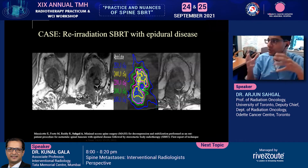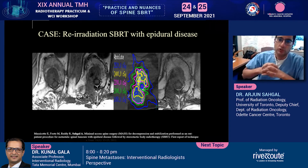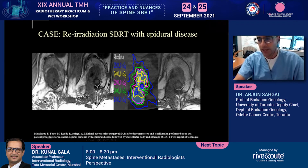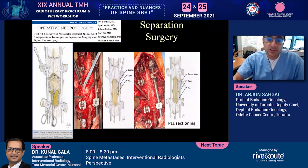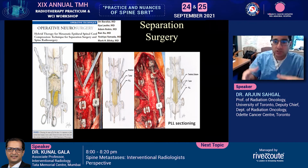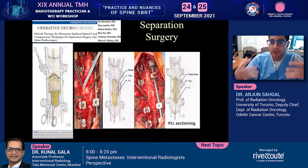So in selected patients, do techniques that can resect the epidural disease. Don't necessarily do the vertebrectomy, and go ahead and then treat once you maximize that distance between the cord and the disease. And this is the concept of what we call separation surgery. And here, these have tended to be big open operations, but the goal is not necessarily vertebrectomy, but it's about decompression and stabilization, and use the spine SBRT to maximize control, because you don't necessarily need the surgery to